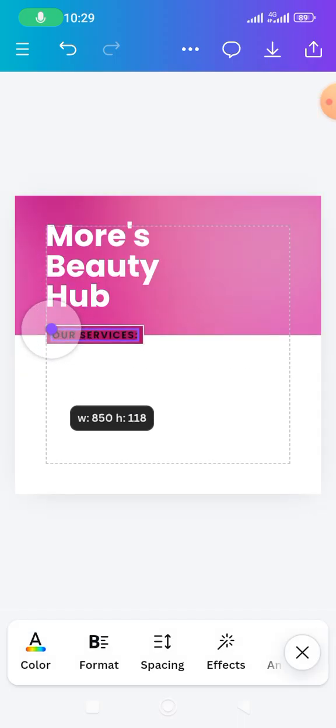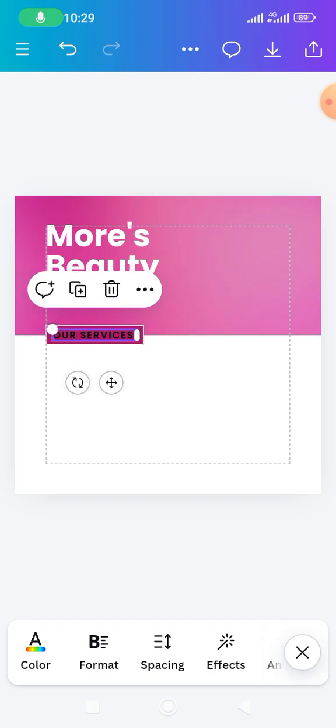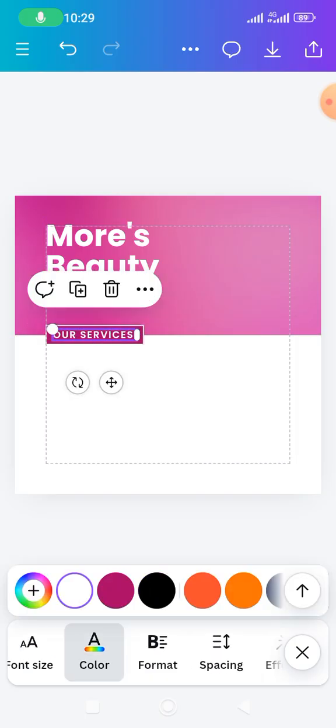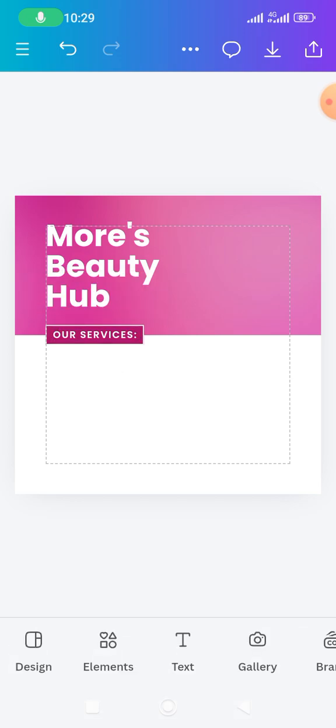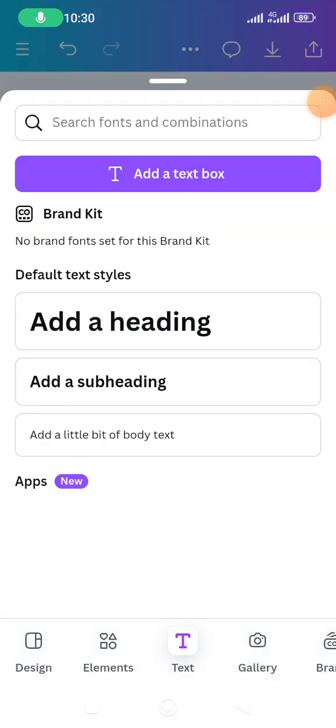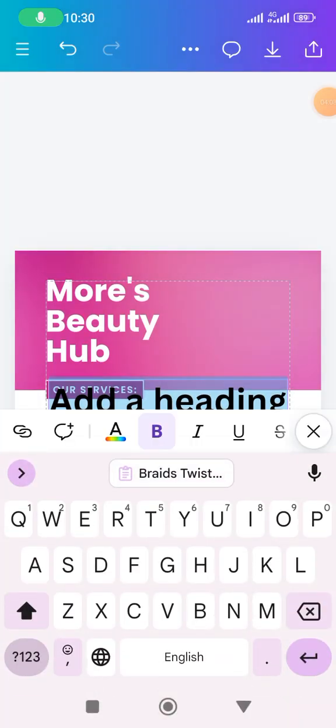Then I'm going to reduce its size like this almost totally, yes. Then I'm going to paste it here like this, as you can see me do so. Then I'm going to change the color to white. Yes, this is exactly what you are creating. So the next thing for us to do, I'm going to click on the text again, click on add a heading and